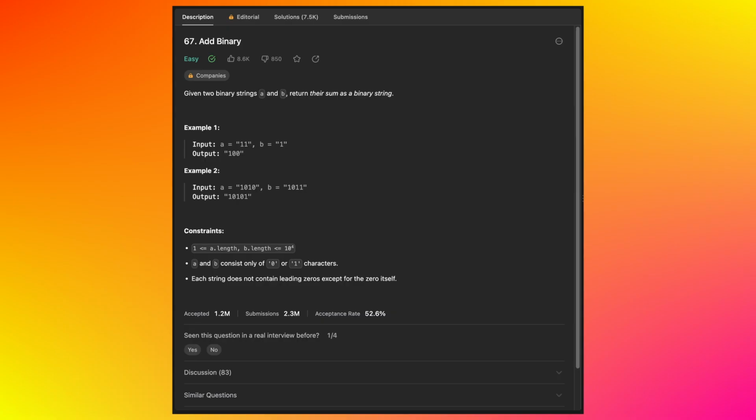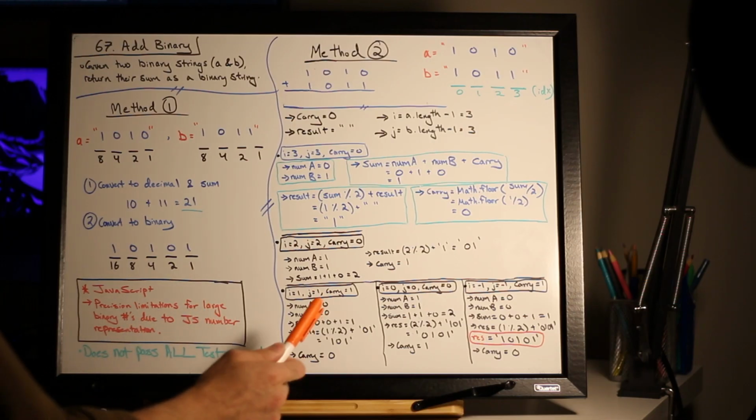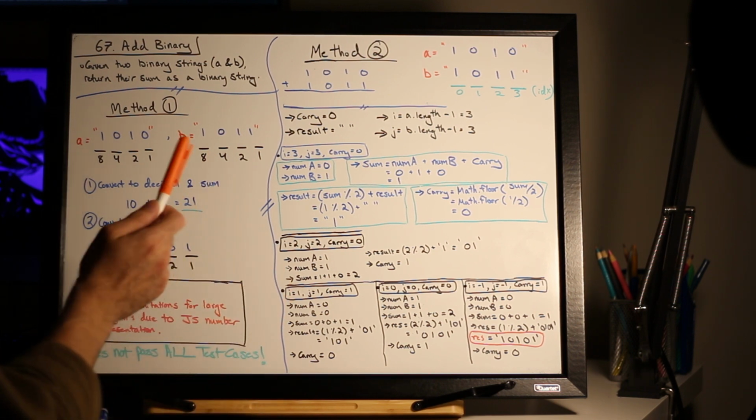Hey everybody, today we're solving LeetCode 67, which is called Add Binary. The question asks, given two binary strings A and B, return their sum as a binary string. We'll go over a couple of different ways to solve this today, and we'll get started with